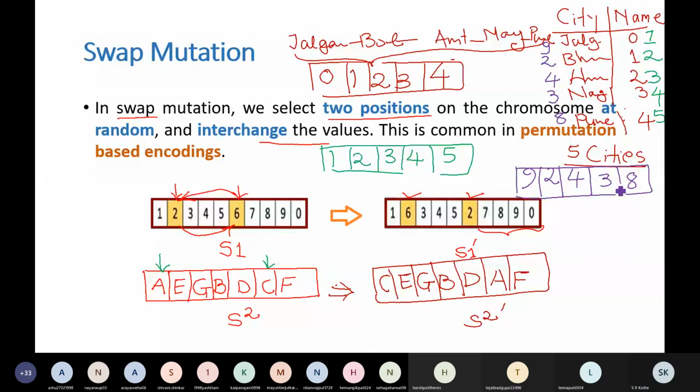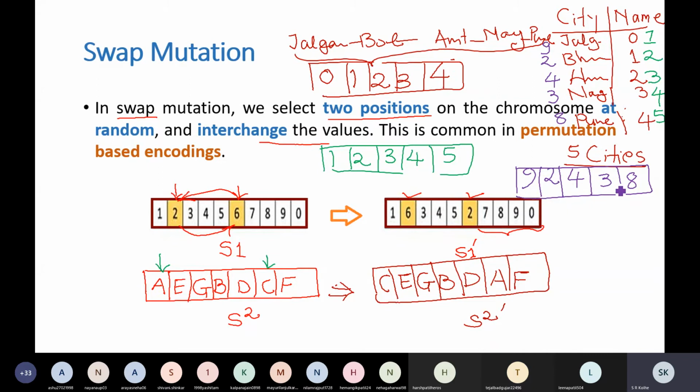It depends on the problem. Just for an example, we have taken a random chromosome or random set of digits. Instead of that, you can represent a city as A, B, C, D also.